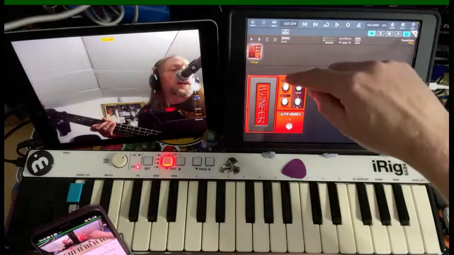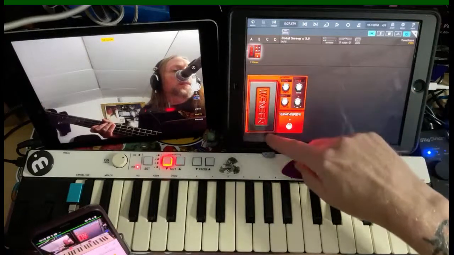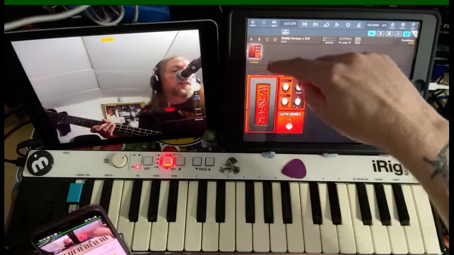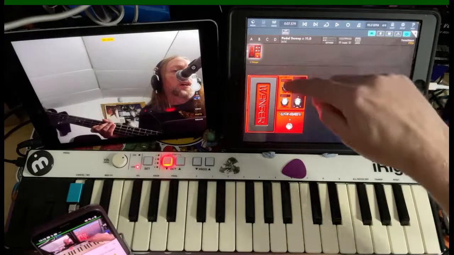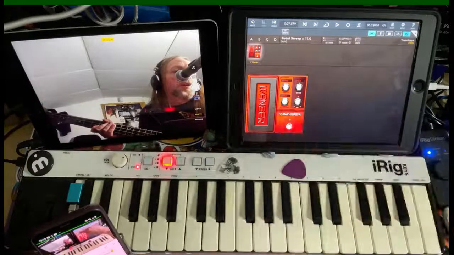So here it is set so that when the pedal is rocked back, it brings the bass down an octave, and back up. So if I disengage it,